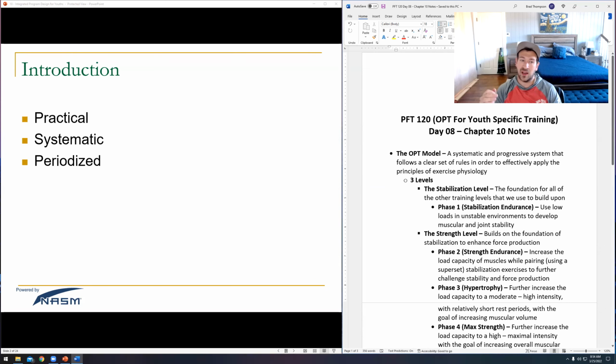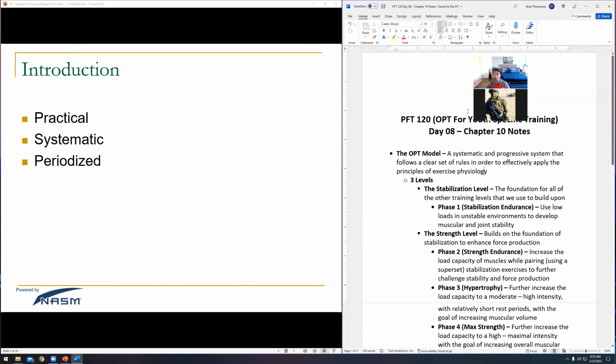The OPT model is a very practical system that makes it very easy for us to do program design. As I always like to describe it to people, it is exercise physiology, paint by numbers,